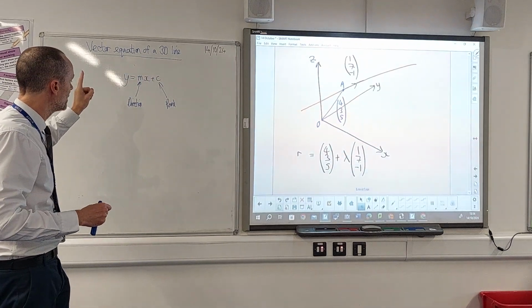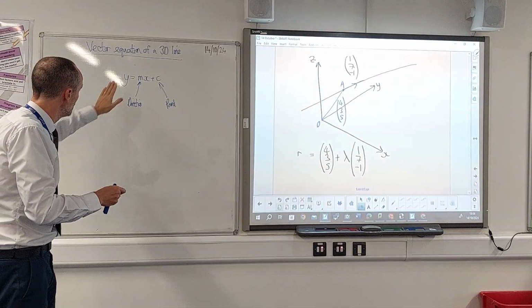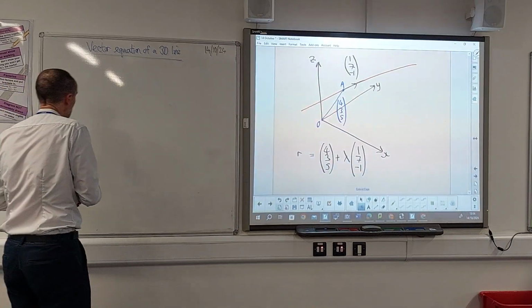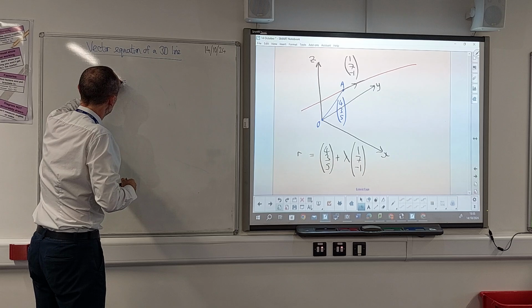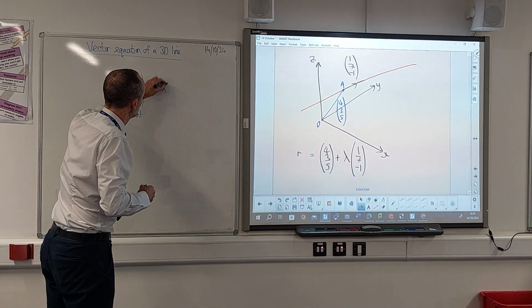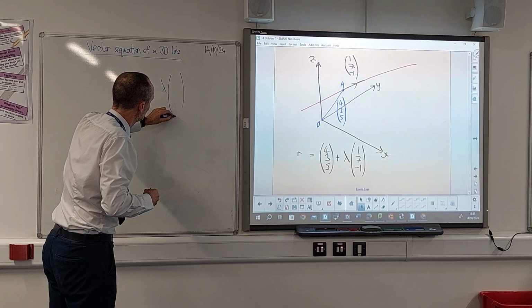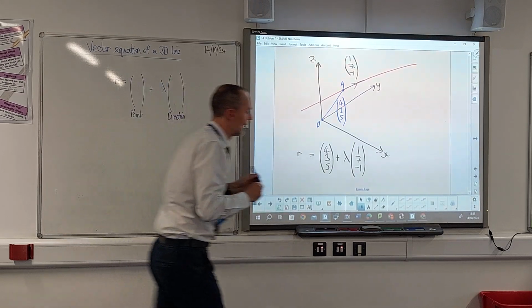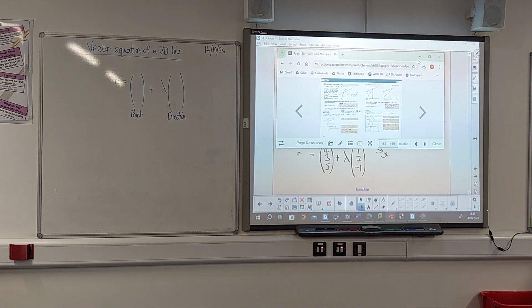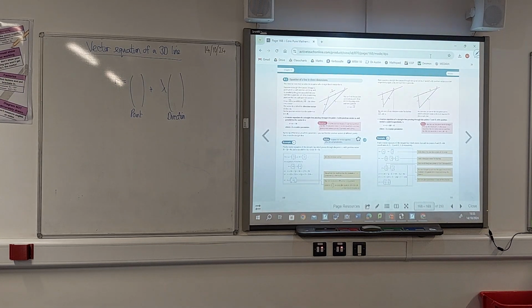So the vector equation of a 3D line is not that form, it's this form, r equals some point plus a multiple of some direction. And in the textbook, finally getting to the syllabus, you can see that on page 168, where they say,